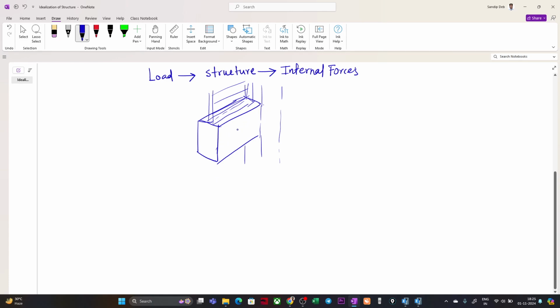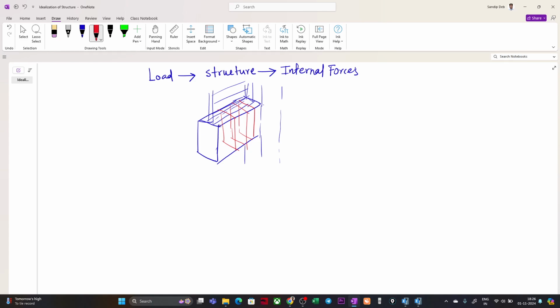Now if you want to, you can idealize this element as it is. So what you can do is have an infinite number of sections in this particular element, right? You can develop a section here, here, and here; you can create numerous sections where you can see the behavior of that particular section, right? And as a 3-dimensional element, if you have to analyze it, the analysis process is going